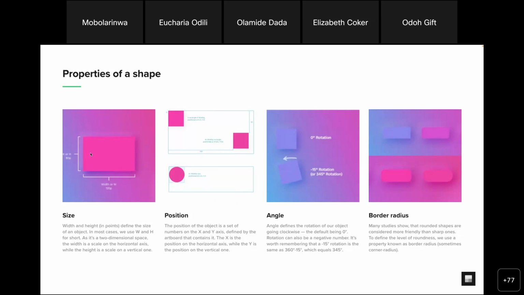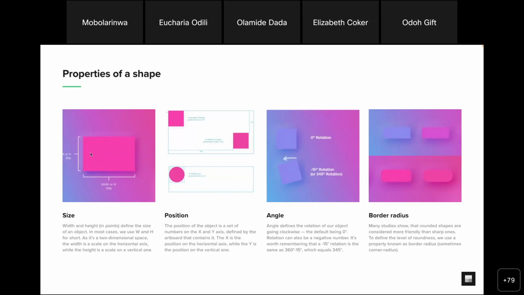If you are using circles, we always try to measure in height and width, basically. Most times they still take the form of a square or a rectangle being measured, but we always have them in height and width. The other properties we have in all our shapes are positions: where will these shapes that I've created be positioned on my frame, on my artboard, basically. So, positioning of the object